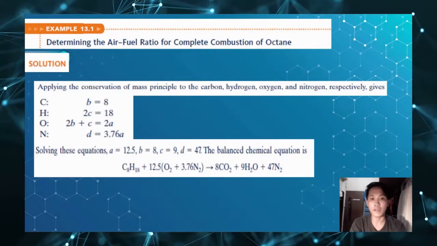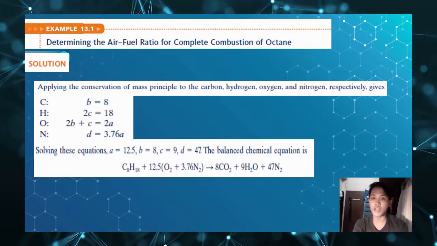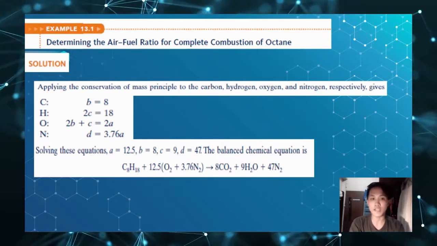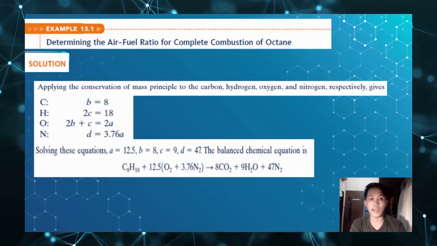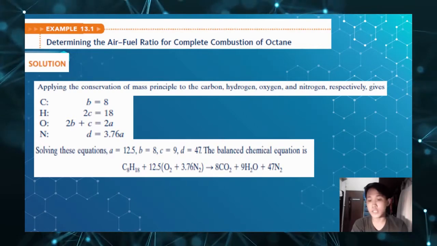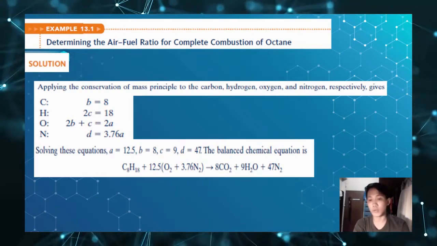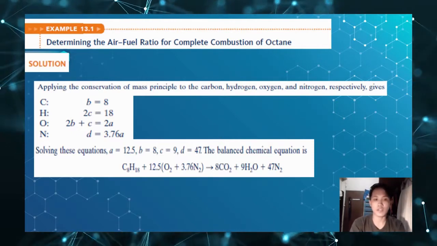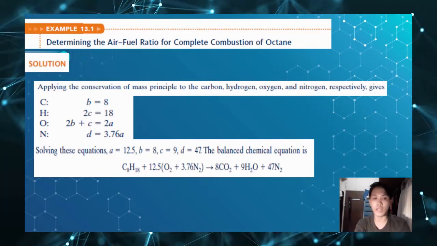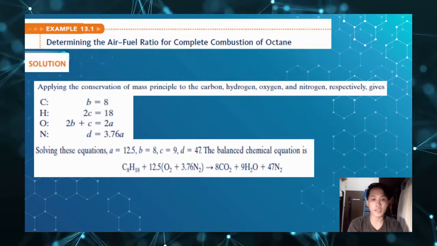Therefore, we will apply the conservation of mass principle to the carbon, hydrogen, oxygen, and nitrogen respectively. It gives us that the carbon, denoted as B, is equal to 8, hydrogen 2C is equal to 18, and oxygen 2B plus C is equal to 2A, and D is equal to 3.76A. So solving these equations, we will get that A is equal to 12.5, B is 8, C is 9, D